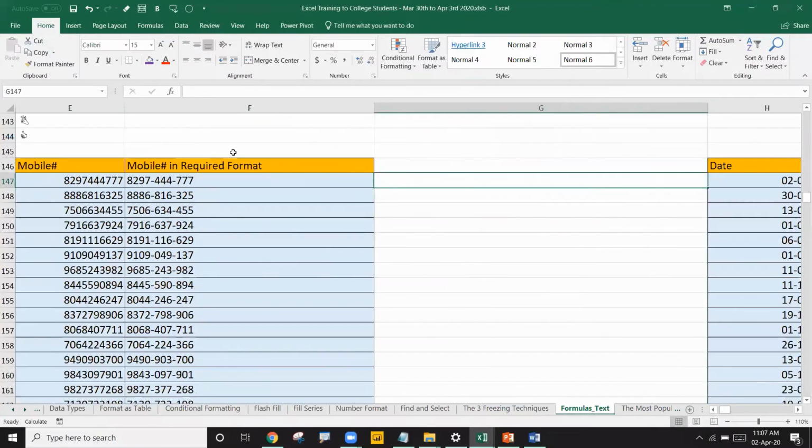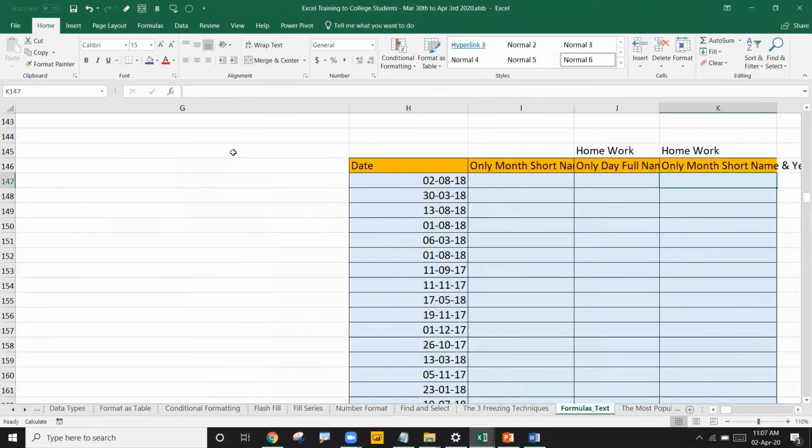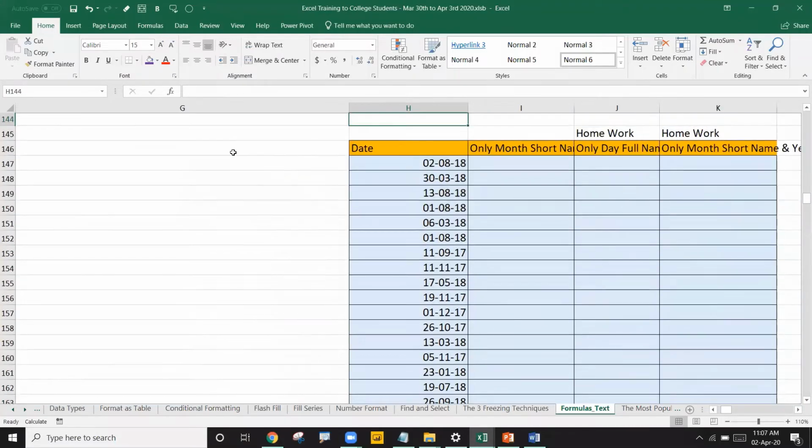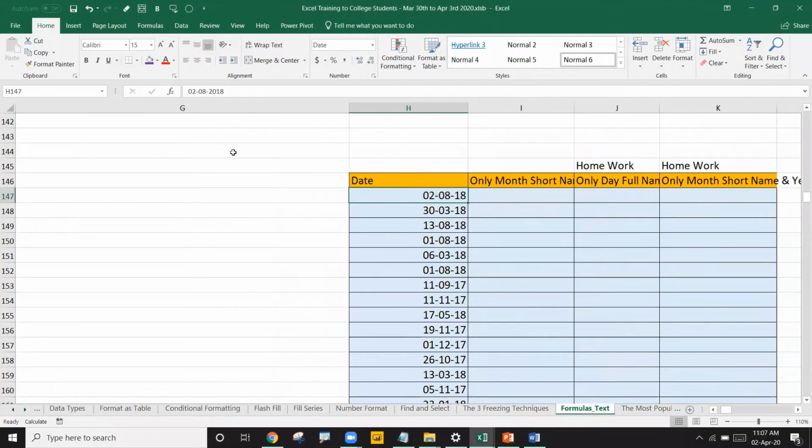There are many other uses of the TEXT formula. Check this out. I have all these dates here: some order date, a transactional date, whatever it is. From this data, I want to get only the month short name.